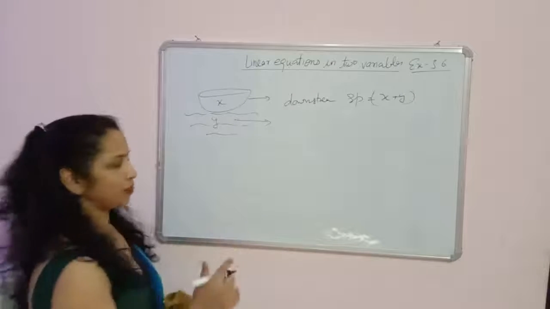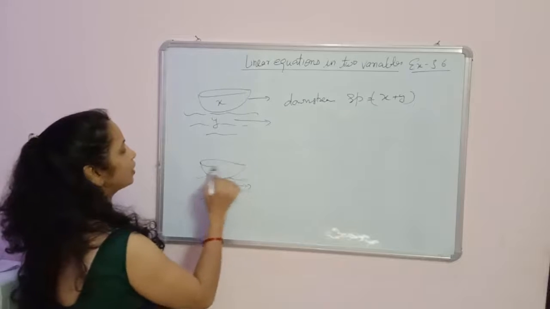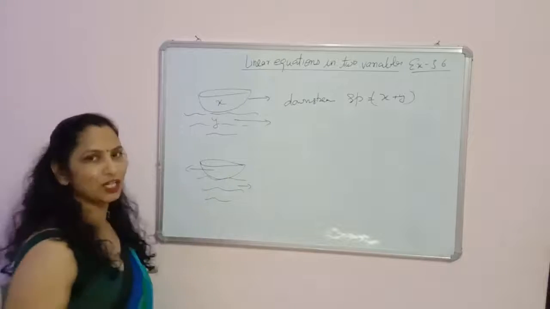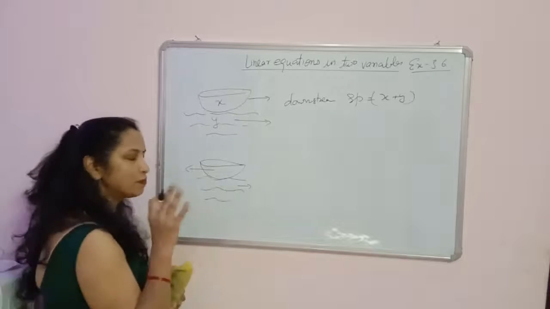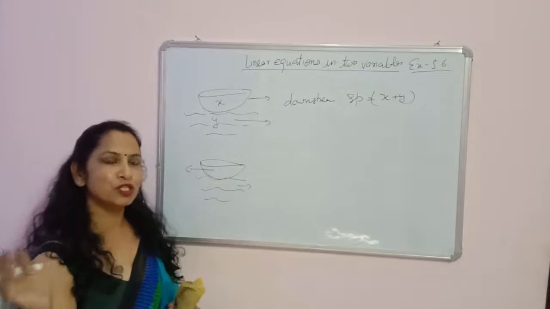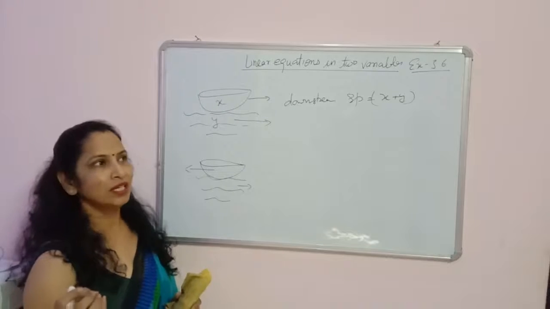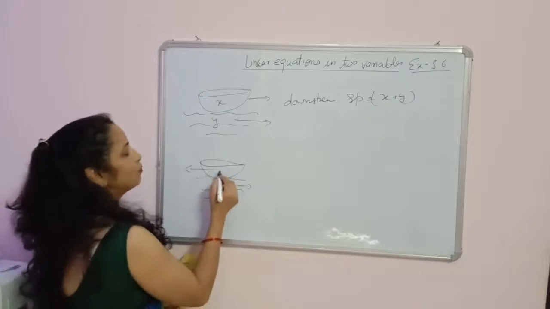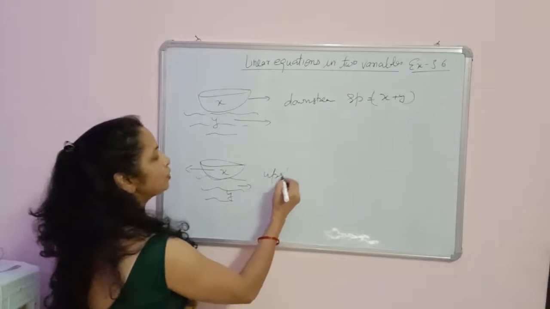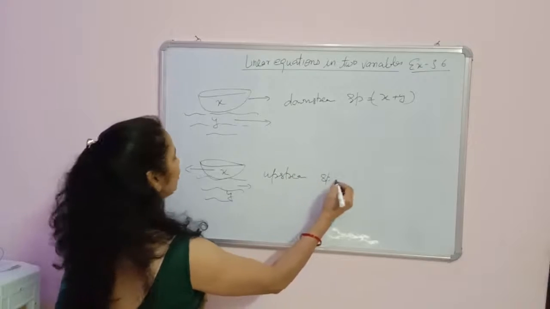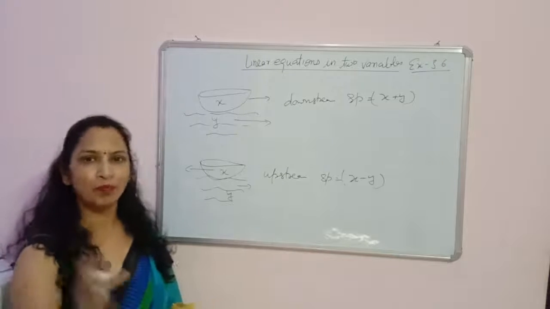And what is the meaning of upstream? Suppose this is a river and the direction of the river is this one. And this is your boat, and now in this part we are moving in the opposite direction of the river. Just imagine if you are moving in a direction opposite to the river, then what will happen to your speed? It means your speed will decrease. If your boat has the speed of x and your river has the speed of y, then in upstream direction, your speed will be x minus y. It means it is a difference of the speed of the boat and the river.